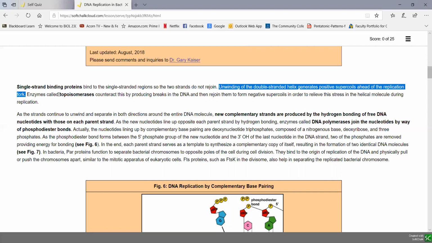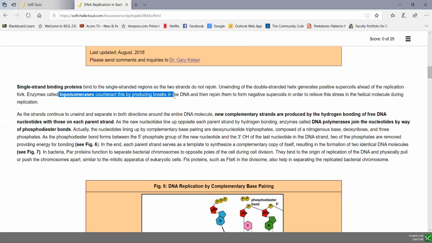So here's where topoisomerases come in. They put breaks in the DNA and then rejoin them to form negative supercoils to relieve the stress of that helical